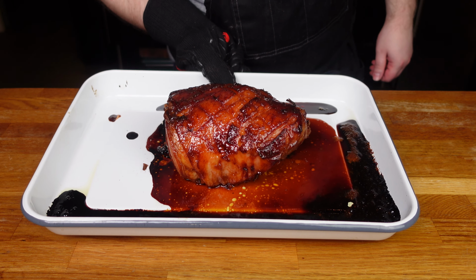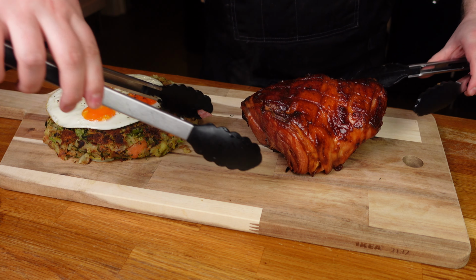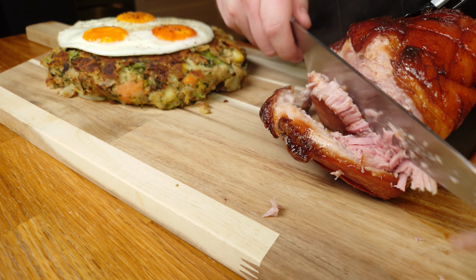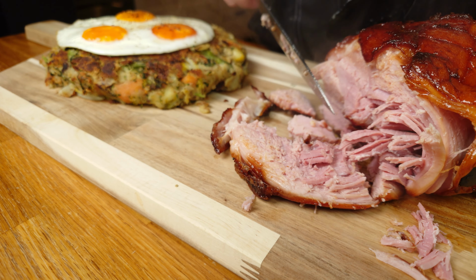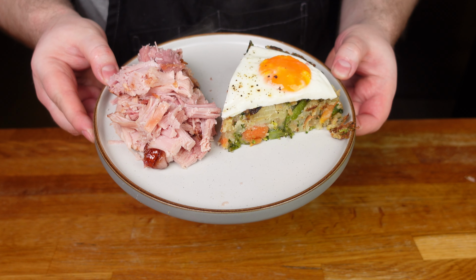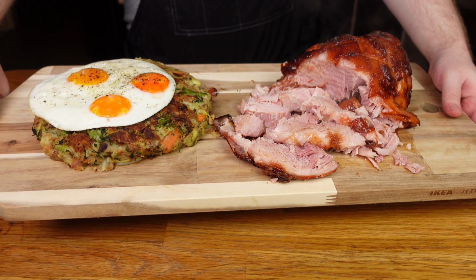Your ham should be perfectly roasted now with a nice deep glaze finish. No need to let this rest, just get it on your board and start carving. Beautiful. The long simmer and the sweet fat make this delicious, juicy meat, which you can eat a few slices straight away hot with the Bubble and Squeak, but its true power lies in the next day, when you don't have to do any more cooking,